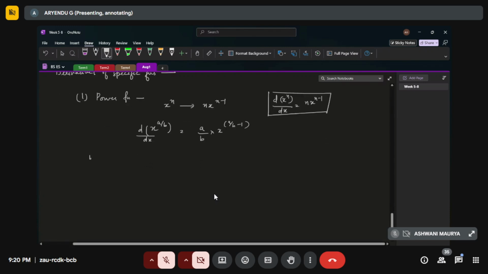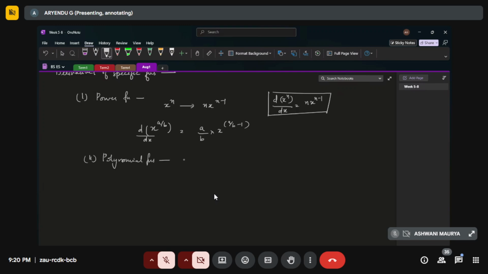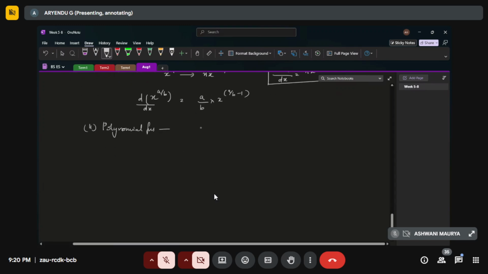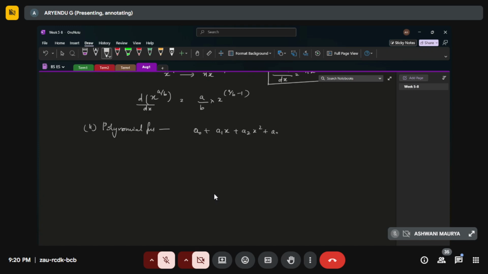And then we can look at polynomial functions. A polynomial is any function which has the form a0 plus a1x plus a2x square plus a3x cube, and it goes on till a_n x raised to n. And if you take the derivative of that, you will get